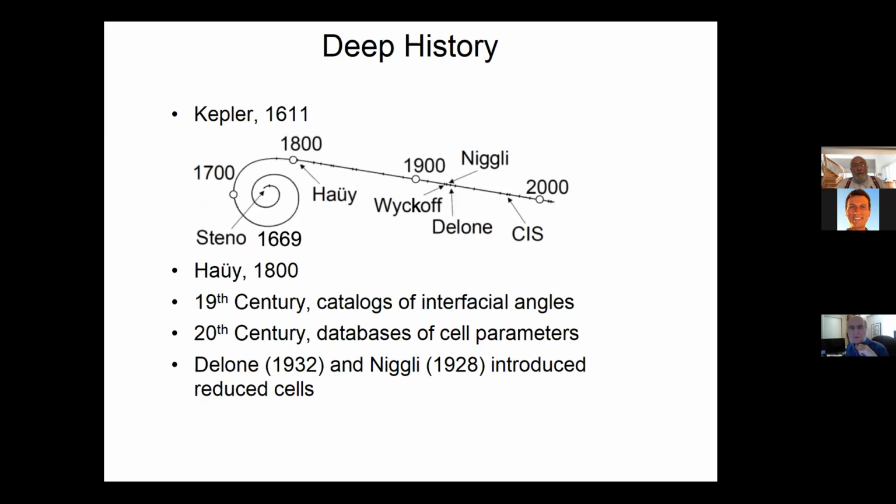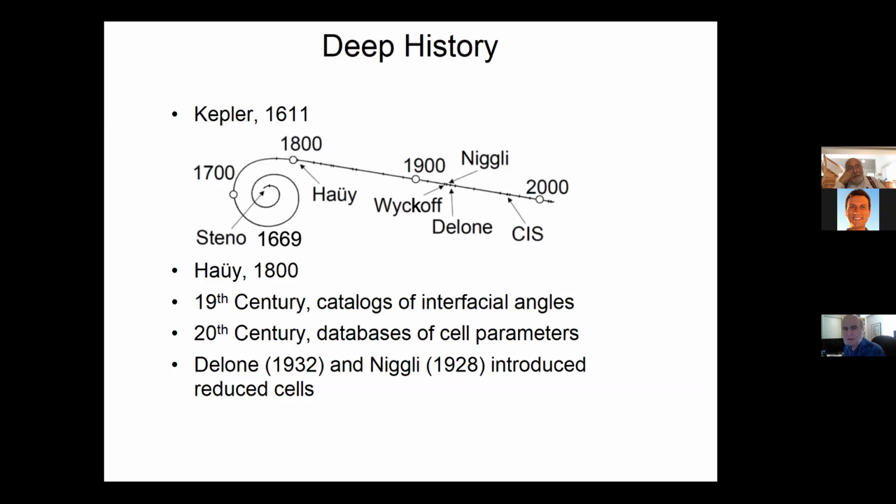So the story of unit cells goes back a long way. Probably the beginning of this is Kepler in 1611 writing his paper about snowflakes, and then Steno writing about crystals in the 17th century. In 1800, we have Haüy, who made a catalog of a cabinet of crystals. And then through the 1800s, there were databases of the interfacial angles of